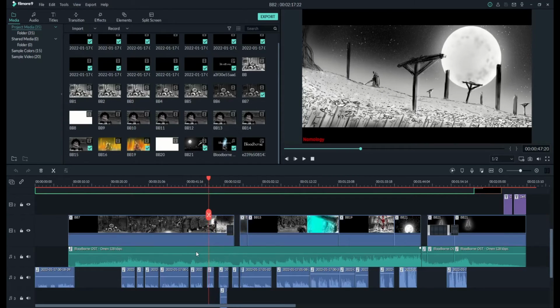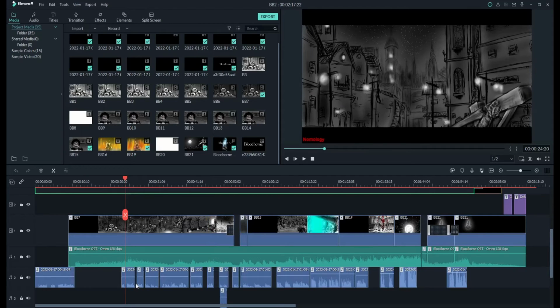So I put in an extra source so it would sound better. And then I had to cut small pieces of